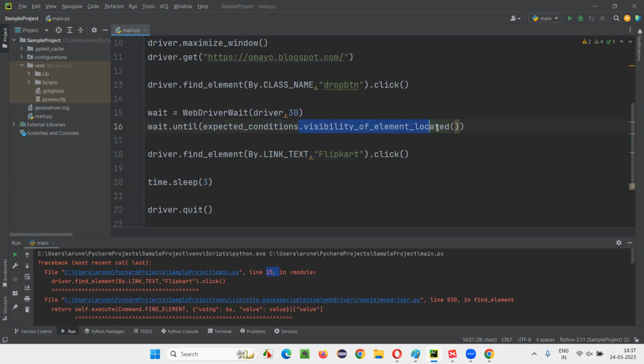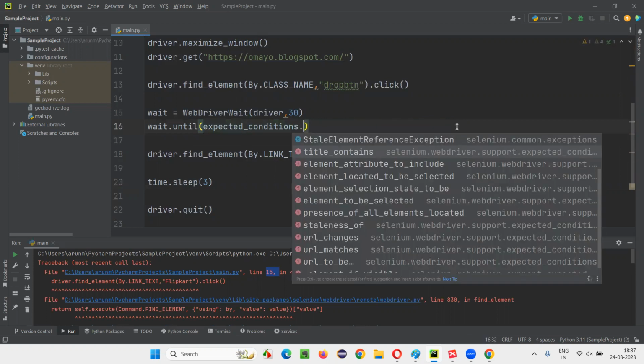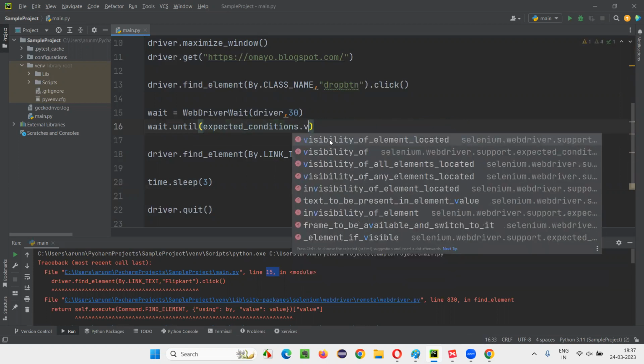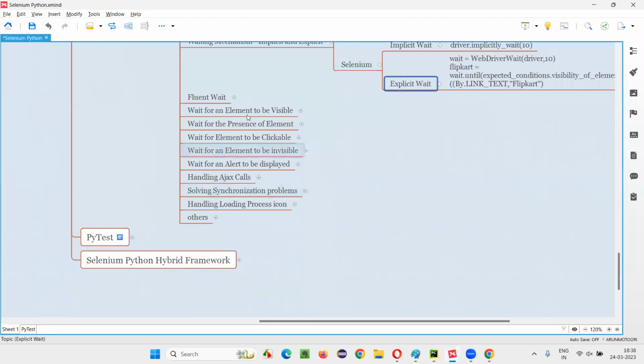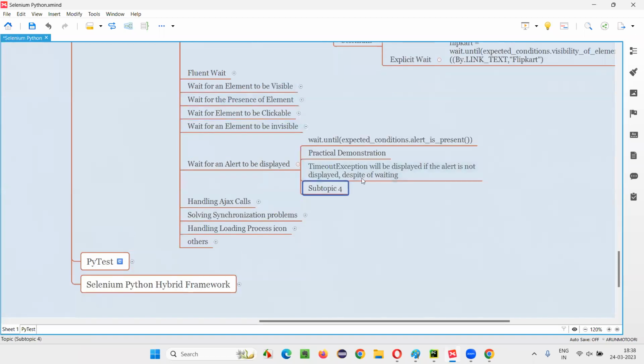You see, this expected condition has a lot of things. Not only visibility, there are a lot of things. Visibility is only one thing. Then presence of element located. I'll cover all these things later. In the upcoming sessions, I'll cover waiting for an element to be visible, waiting for the presence of the element, waiting for the element to be clickable, waiting for an element to be displayed. Many varieties are there under expected conditions. But for now,